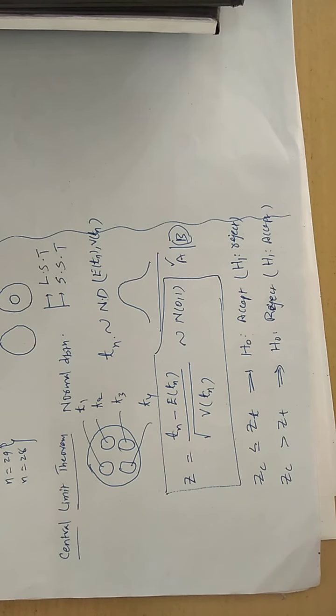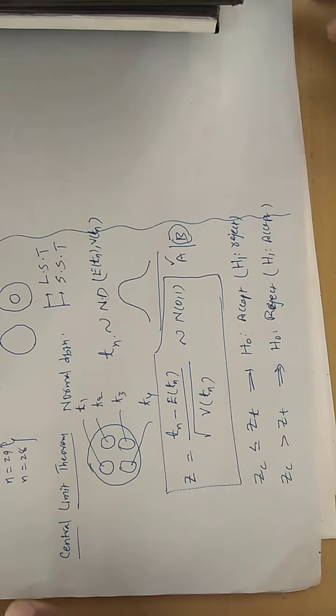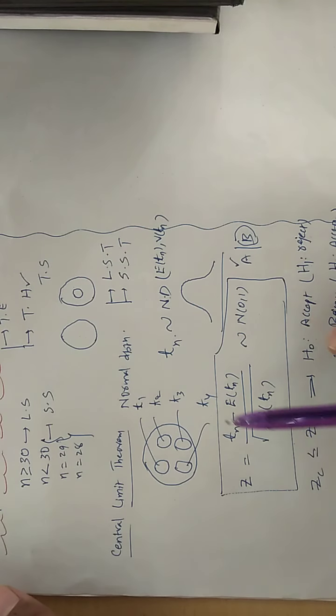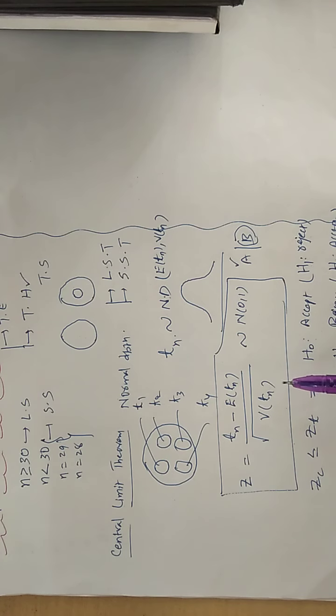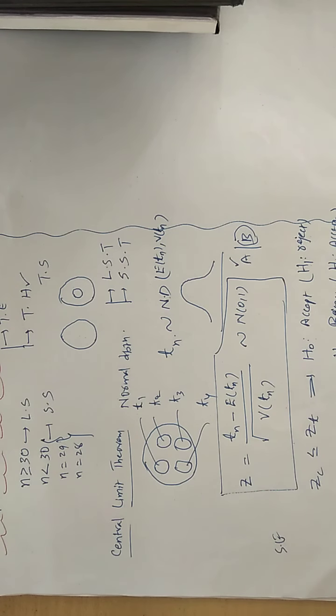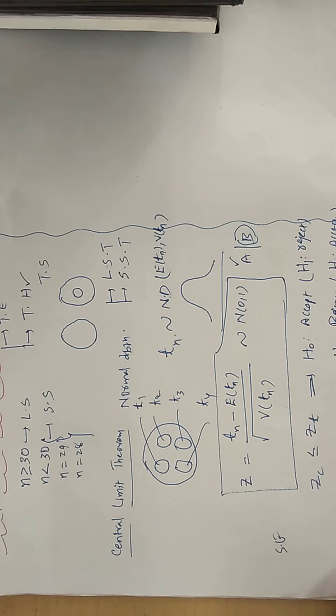Under large sample tests, the basic assumption is that all the samples are going to follow the normal distribution. Hence, we are going to develop a standard normal distribution formula. From now onwards, we are going to get formulas which are almost equal to this form. The value below the root is known, under sampling theory, as standard error. What is standard error? The standard deviation of the sampling distribution of the sample statistic. We already discussed that.